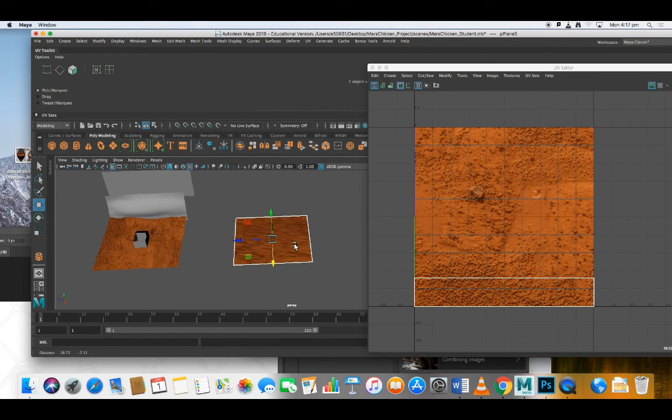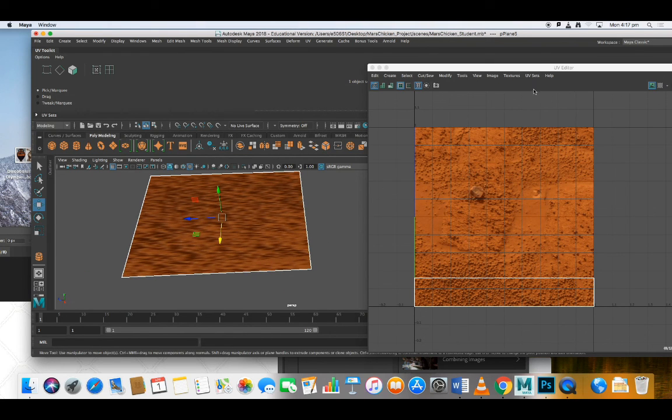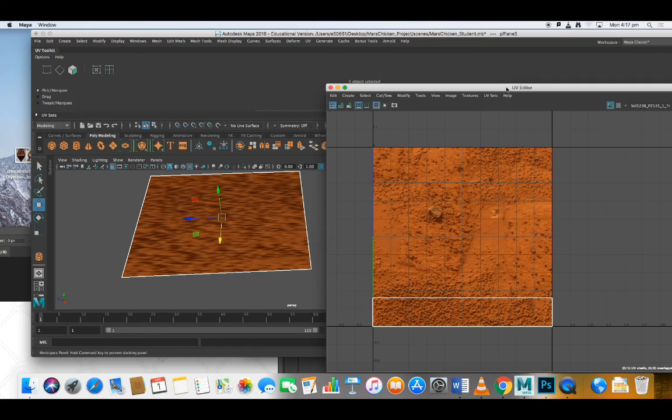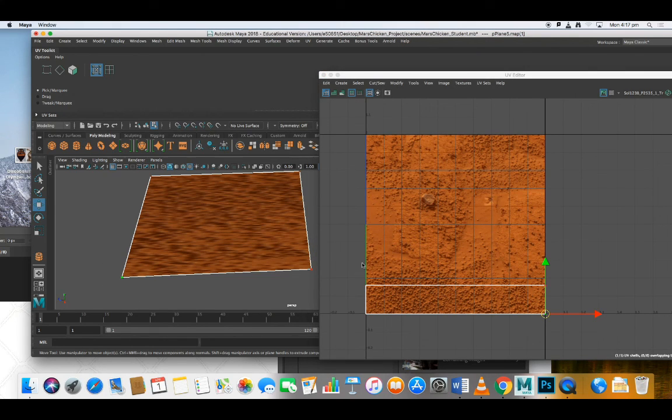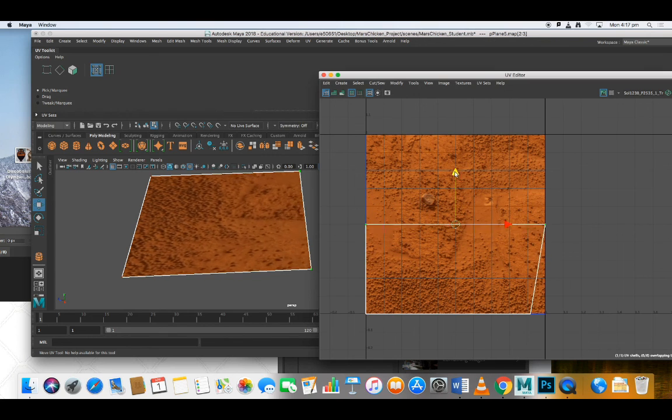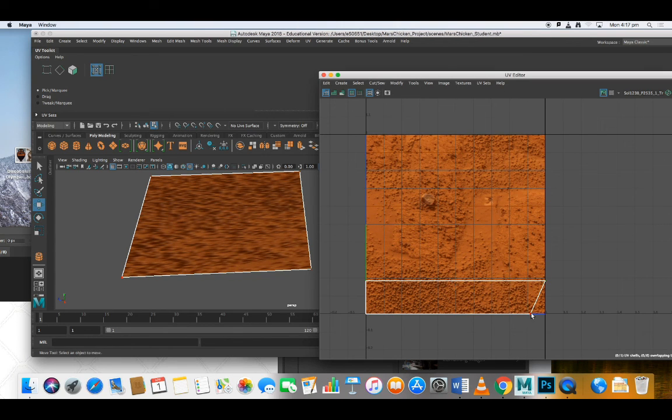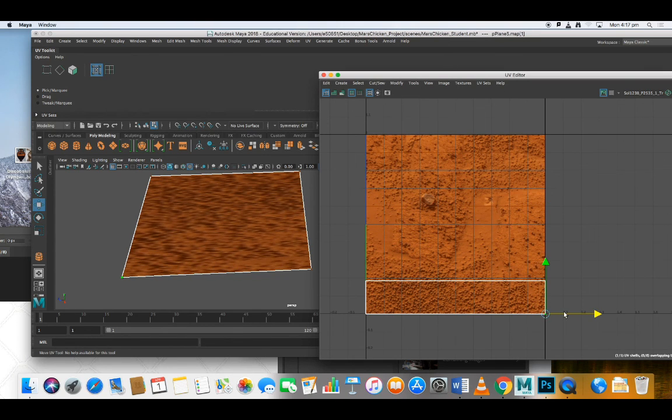So now, how to fix it? In this texture space, you're using points, called UVs. So what I'm going to do is right-click in the UV editor, choose UVs, and then you can select the points here, just like you're able to select the vertices here. If I select the UV points in here, go to the normal move tool and move it up, you can see what's happening. Oops, I missed one there. Okay, so I'm adjusting it. As I'm adjusting